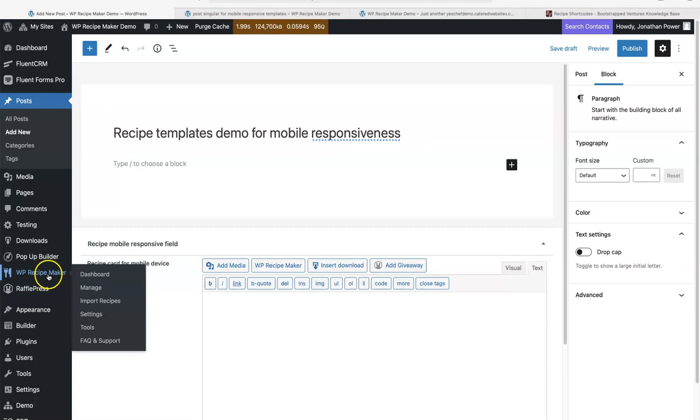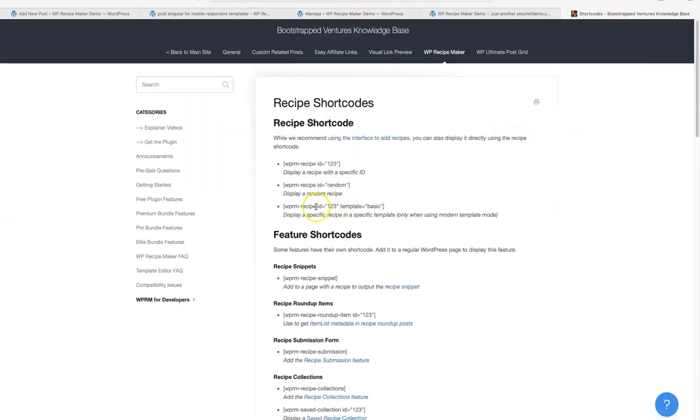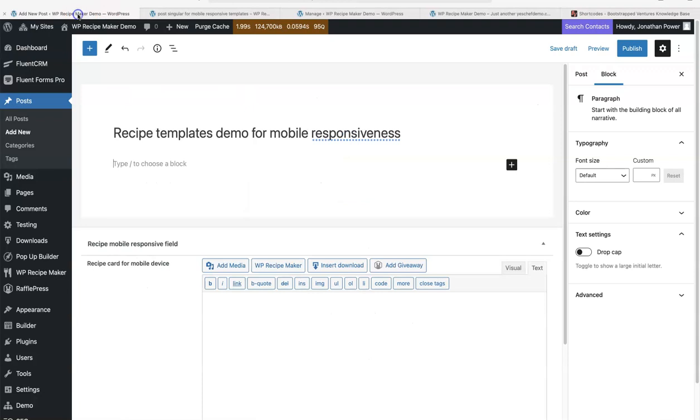What I want to do is I need to get the ID of the recipe, like this. Do you see this shortcode here? There's the normal ID of your recipe, 123, but it has a little extension here called template equals basic. So if I go back to the post now, and here, sugar,